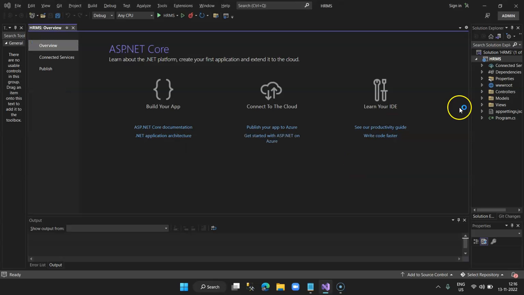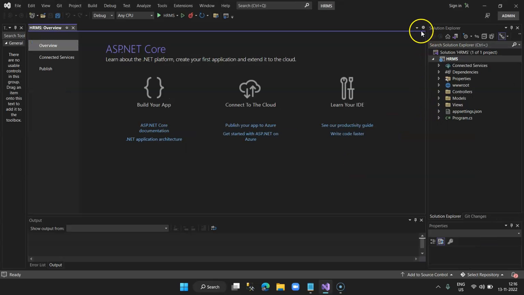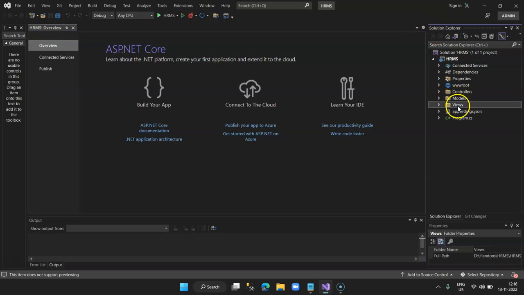So we have the default template loaded in the ASP.NET MVC application, and here you can see we have folders called models and views, and we are going to create more folders for data management. So right now the aim is that I'll create a project which will have a CRUD application where we'll be able to